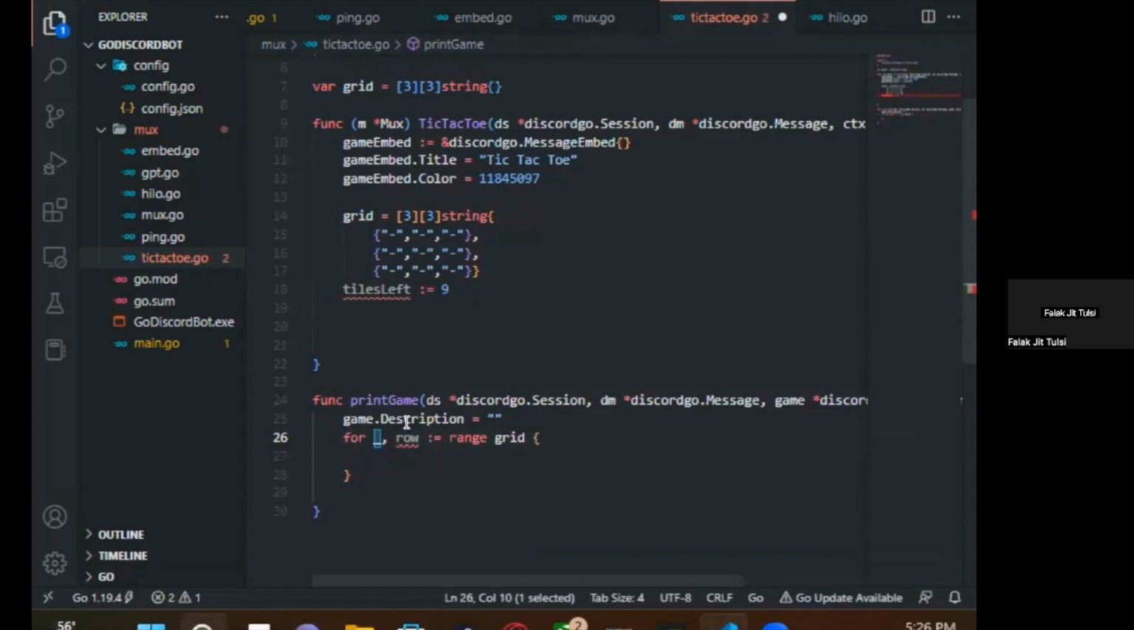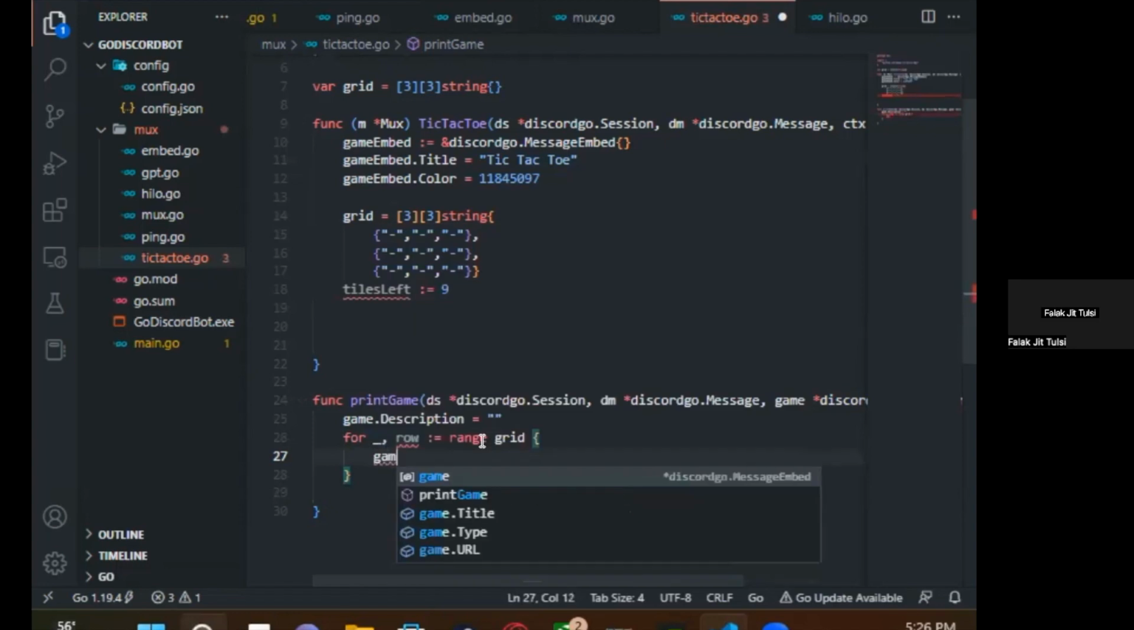That's like 0, 1, 2, 3, the index of it, right? The second one holds the actual value. In this case, because we're just printing it, we don't really care about the index. We just want the value. So the first one is underscore, and the second one is row, because the outer loop will hold the rows. And now the reason you don't need a nested for loop is that once you get the row value, all you have to do